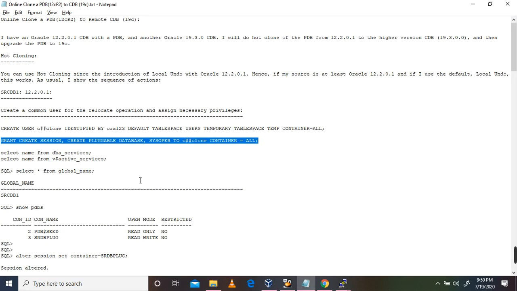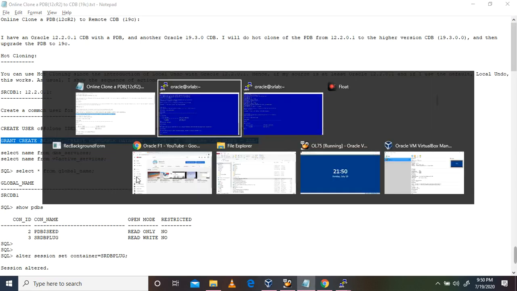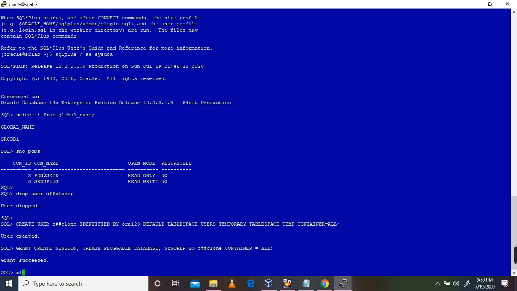And then we need to check the service name, what service name is running on the pluggable side, because we are going to create a database link.